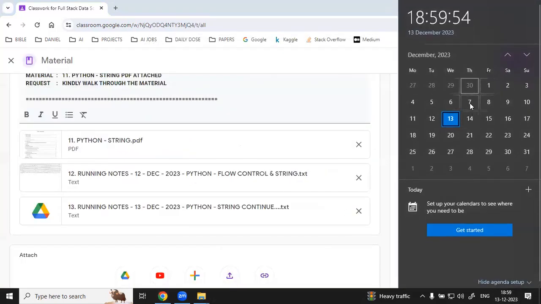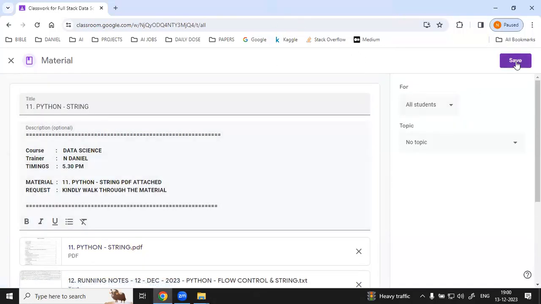Tomorrow is Thursday, then Friday, Saturday. Tomorrow's agenda: we are going to close the string topic and may enter into the next topic, called functions. Please don't miss it. Tomorrow is an interesting topic, because today I only gave an introduction to methods in the str class. Tomorrow you will literally enjoy the session.